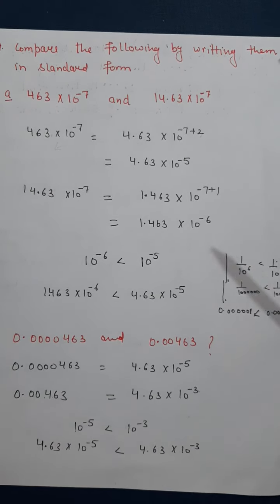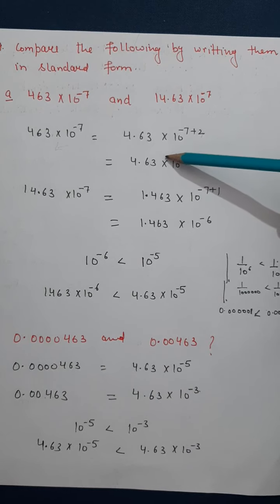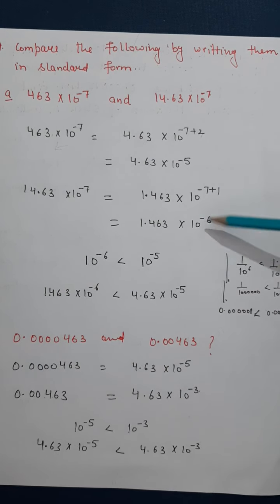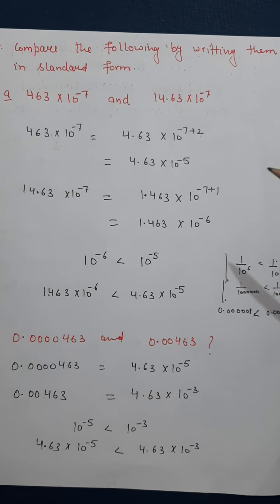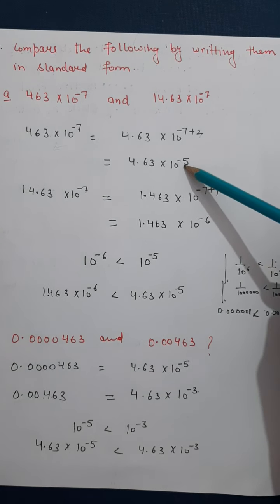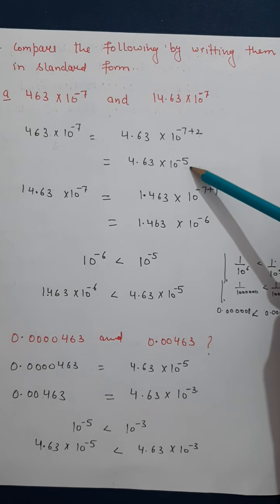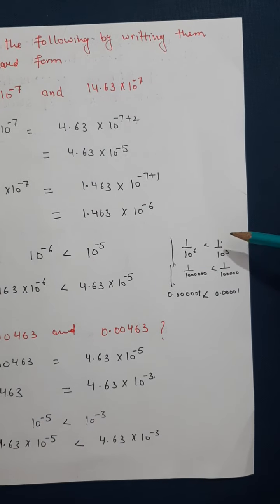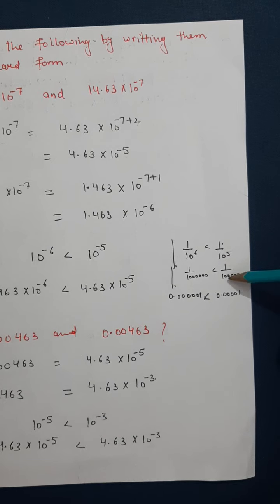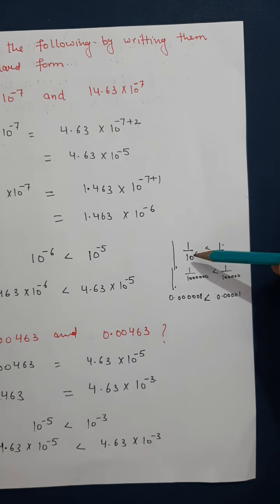Now for comparison of these numbers, what you have to check? First check the exponent of 10. Exponent of 10 is minus 5, here it is minus 6. Which one will be greater? This will be greater. Okay, you can check it here. 1 upon 10 raised to power 5 will be 1 lakh. 1 upon 1 lakh, this will be